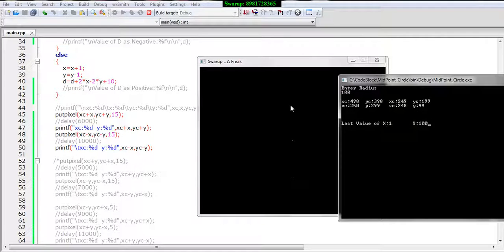So this is the 248th column. So a slight deviation from this particular pixel, it's again not visible. And yc, that is 199, minus y, that is 100. So we are subtracting the y value, that is 100, which was the radius. As a result we get the row, and the row is 99. So as a result we got this particular thing.